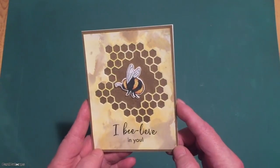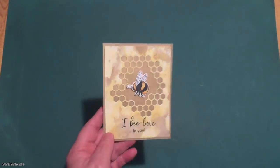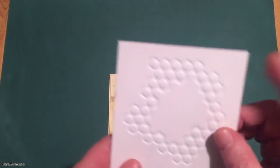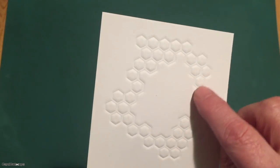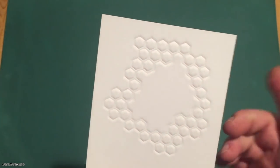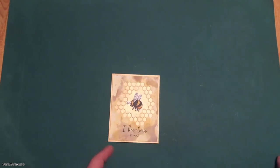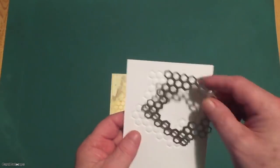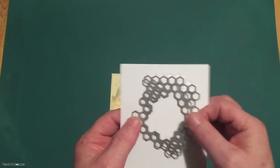I thought that came out really nice. A good combination of colors there. One problem, though, was that by ink smooshing, I was not able to get color into the embossed edges of this die. So I said, okay, well, let's just go ahead and die cut that out. So I took that die, and it was easy to pop it back into place and die cut it